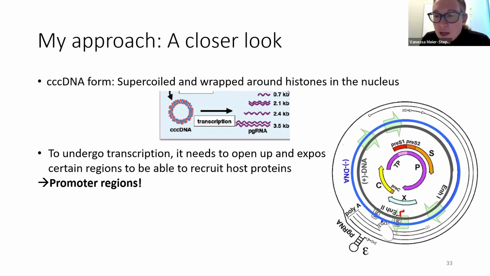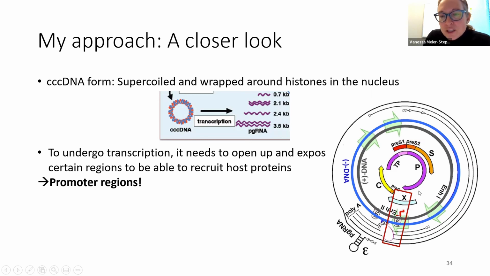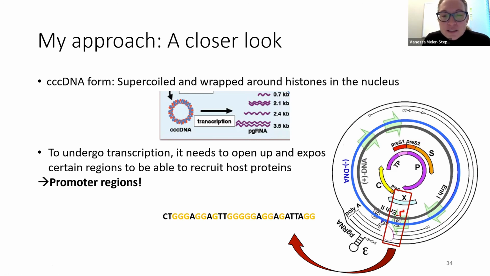And in hepatitis B, there are 4 promoter regions, 4 open reading frames that are highlighted here with these green arrows. And in this region here, in the pre-core promoter region, is a segment of DNA that is highly guanosine rich. So there are lots of Gs in that DNA. Why that's interesting is that highly G-rich regions are able to form what's called a quadruplex. Essentially this is a fold of DNA stabilized by different bonds that allow this 3-dimensional structure of stacked guanosines on top of one another. And effectively, this is a knot of DNA.